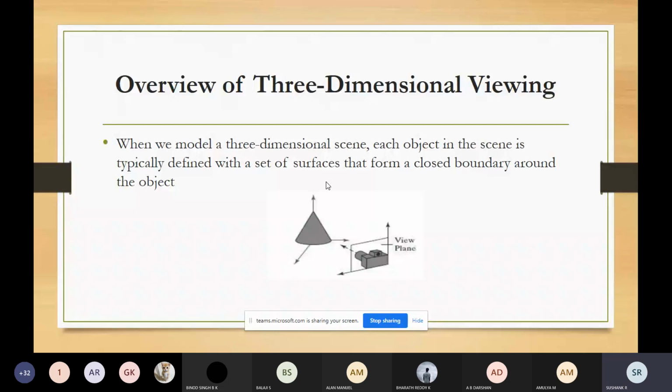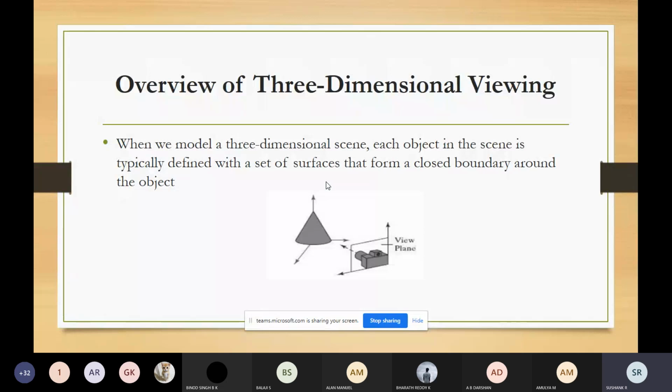Just like the 2D clipping we used in the 2D pipeline, the same clipping can also be used for 3D viewing. But one thing to be considered: you can use the 2D clipping from the 2D pipeline for 3D clipping also, but here we have more options, and also more tasks.